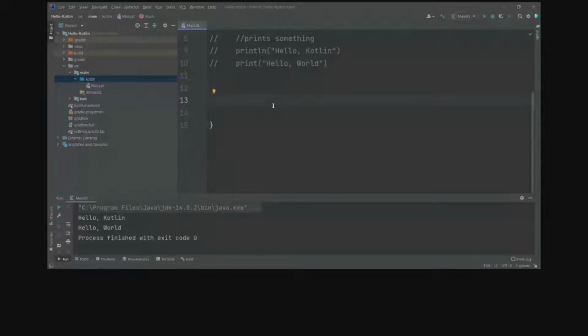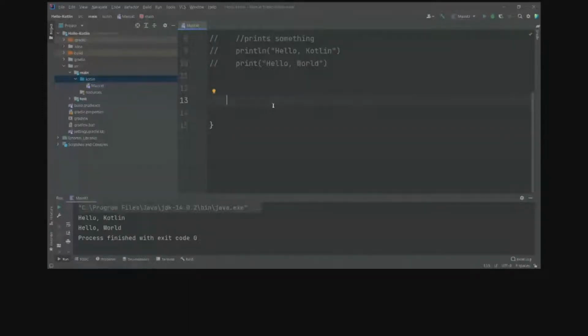The name sounds quite intimidating, but the concept is very simple. What mutable means is, if you define a variable, suppose if you define name, mutable variables can be changed after they are initialized.